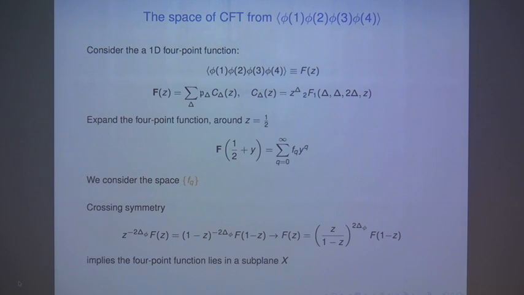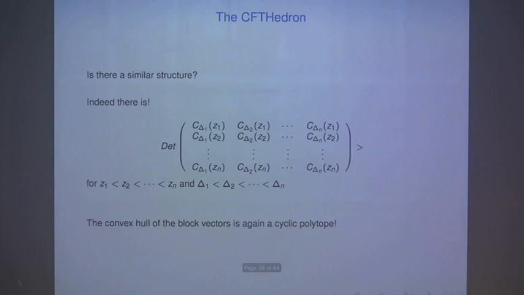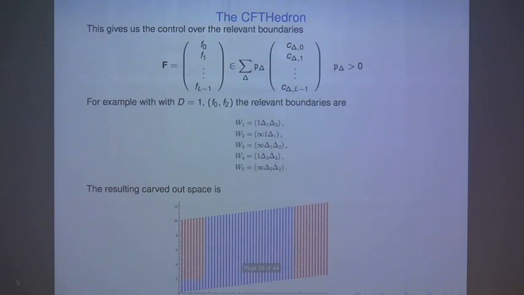Okay, so just the punchline is basically that, again, this is a cyclic polytope. The vectors coming from the conformal blocks are actually just a cyclic polytope. And that means that you already know what the boundaries of the cyclic polytope are, and you can easily carve out the space of consistent CFTs. So this is just a plot of the cutoff from the dimension of the first 2 operators.